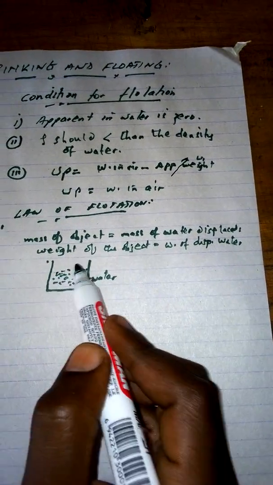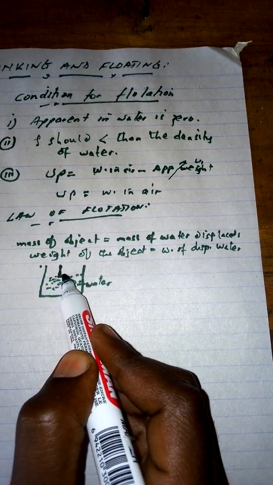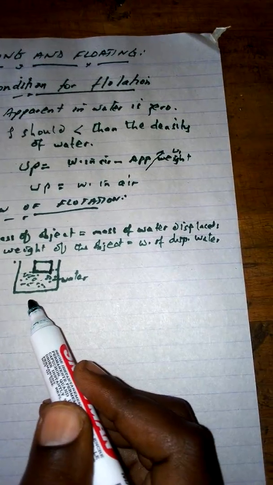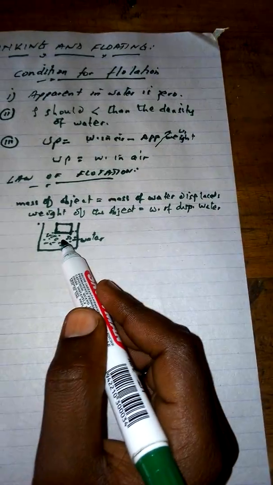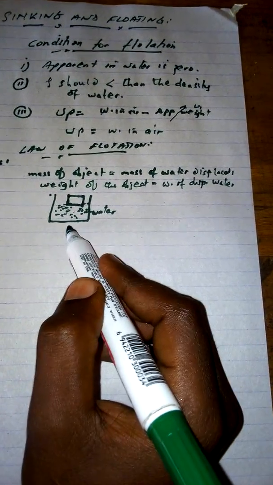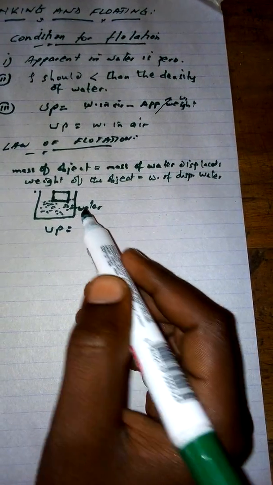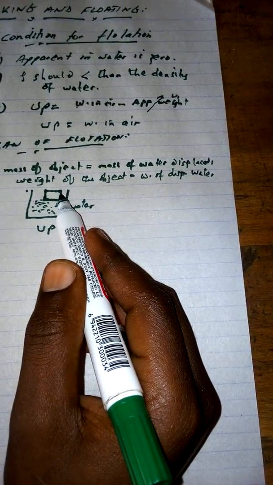Let us assume that we have ice. The ice is now placed inside this water. What happens? This ice might float. So we understand that basically the upthrust is equivalent to the weight of the fluid displaced, according to Archimedes'